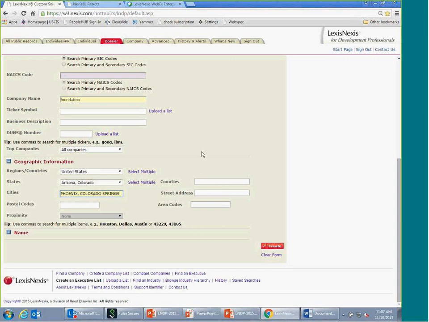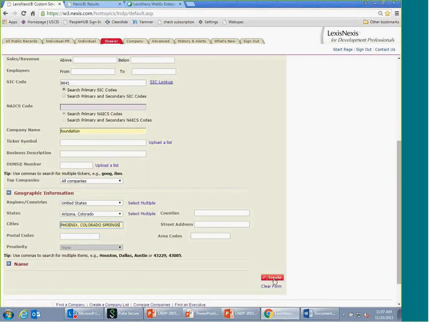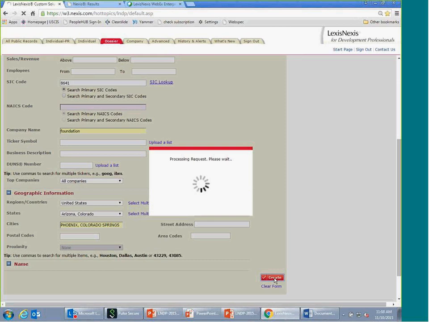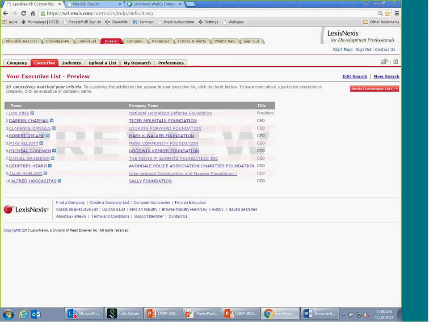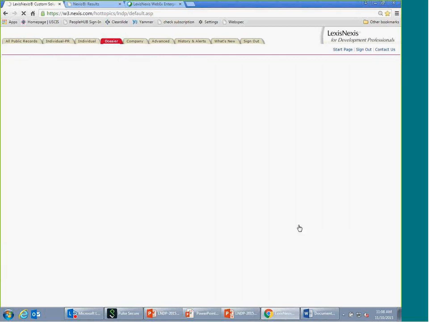Then, if I have my criteria in, again, I'm going to search for these specific titles. It has to be functions based on the categorization and the name and the geographic area, and create a list. Now we found the names and the foundations therewith and their titles. Up here shows you the total found, 29, because we made it very restrictive. But what you can do with this list is to download it. So we customize the list, and on this screen, it allows you to select the pieces that you want to download or not. Once you've made your selections here and update your executive list,